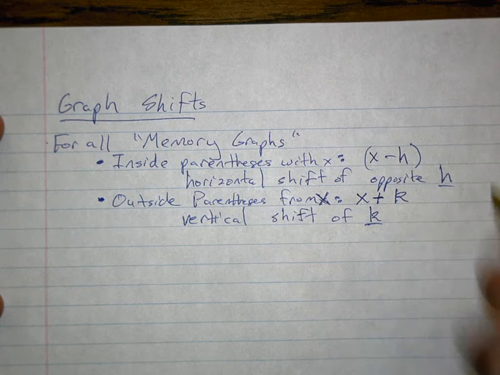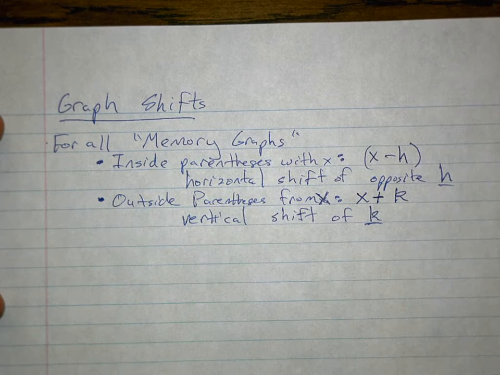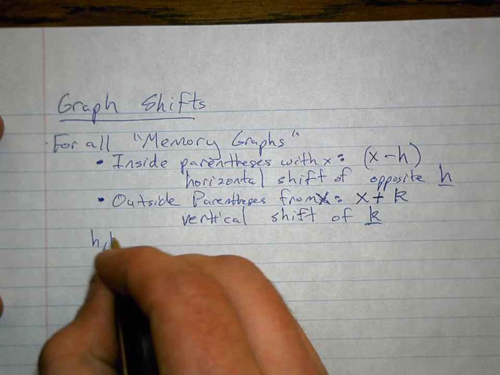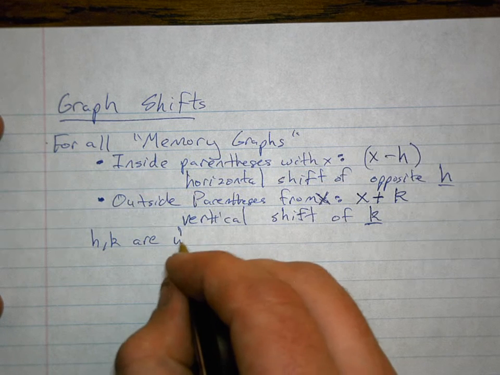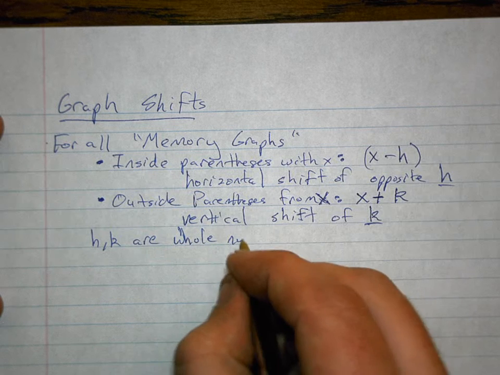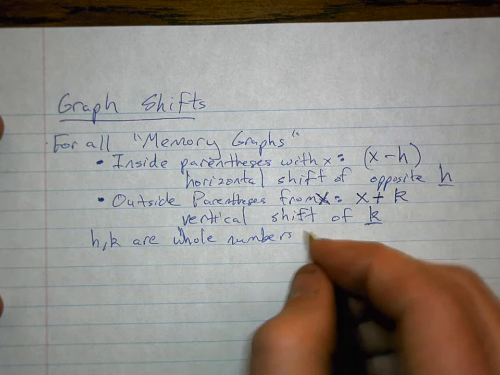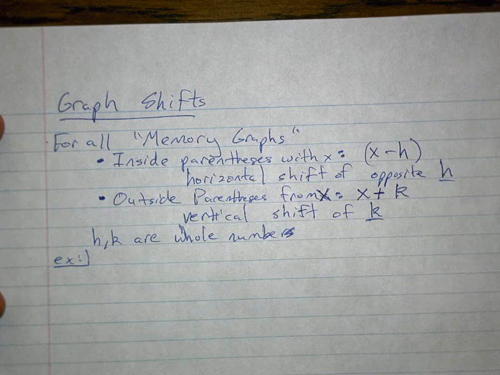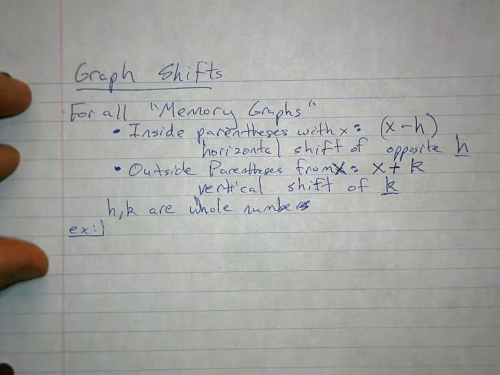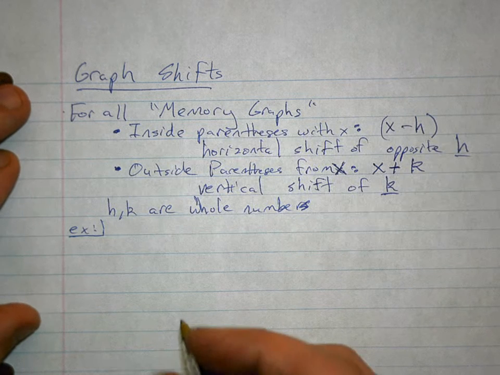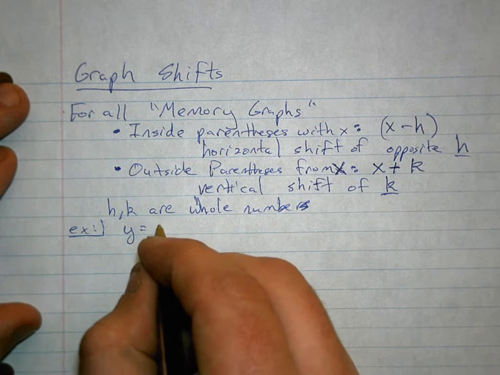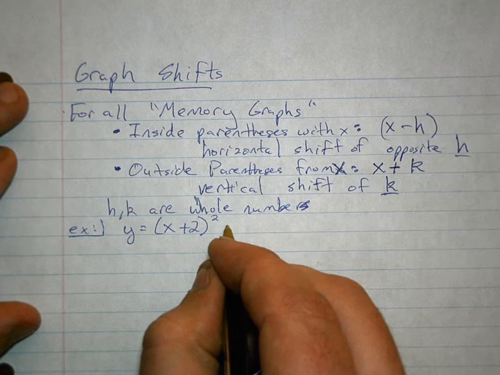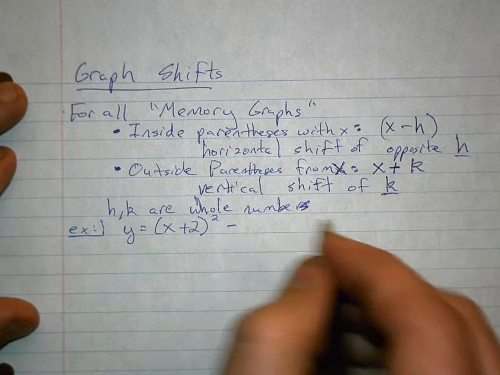These h and k's are any number, okay? They're going to be our whole numbers. So for example, if we have y equals parentheses x plus 2 squared minus 3,